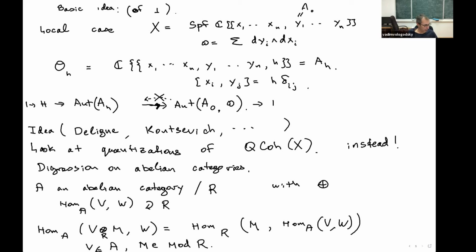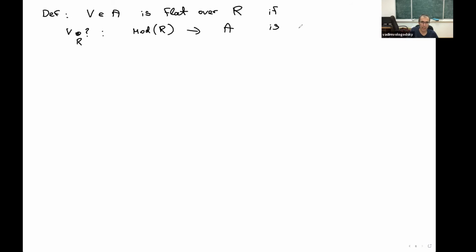Okay, and now using this, I can tell you what it means for an object V in A to be flat over R, if the functor V tensor product over R, which is a functor from modules over R to A, is exact. That's part A. And part B, we say that A is R-flat, the category is flat over R, if